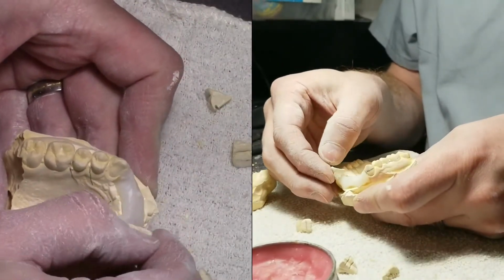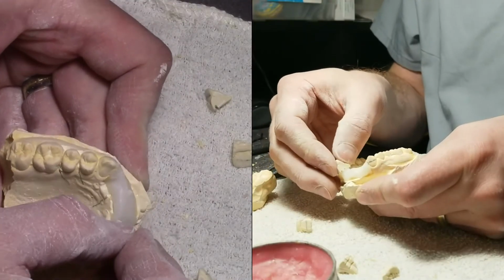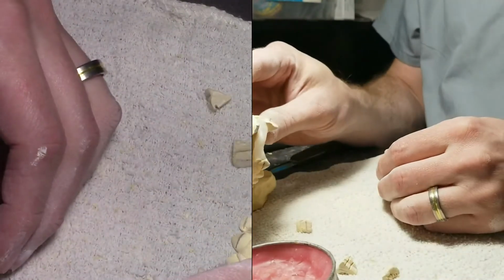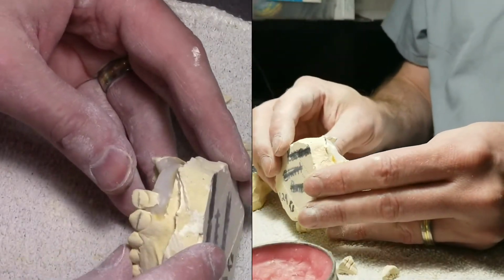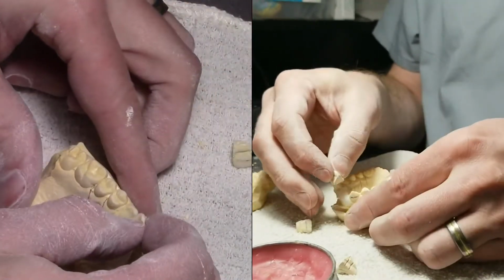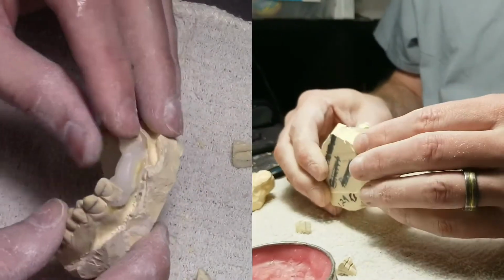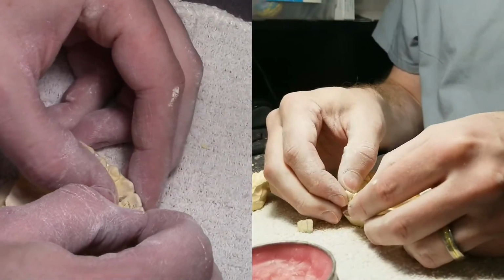So I'm going to start with this number 2. It's red, so now it goes on the right side. I'm just going to drop it down and try to match up my lines. Alright, start with the other number 2. I'm going a little bit over, but